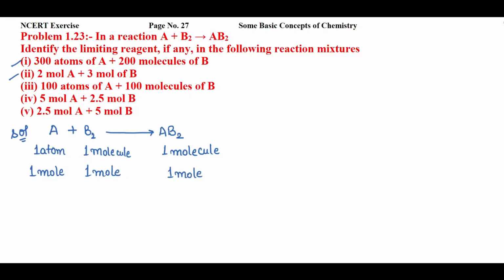So now let's see the first problem. First problem is 300 atoms of A reacting with 200 molecules of B. If we'll see the equation, now here one atom is reacting with one molecule, that means 300 atoms of A have to react with 300 molecules of B, right? But there are only 200 molecules of B, that means B is limiting reagent in first question. So you can write B is limiting reagent